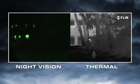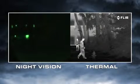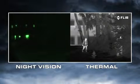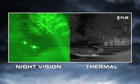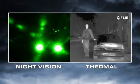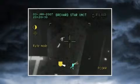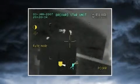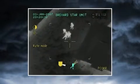Night vision goggles and scopes also need to have the right amount of light to work well. If light levels are too low, like in rural areas and when looking into deep shadows, they won't be able to see anything. If there's too much light, like from street lights, security lights, or car headlights, they become oversaturated. Thermal cameras have none of these limitations. That's why airborne law enforcement units and special operations forces around the world choose FLIR when they need to see